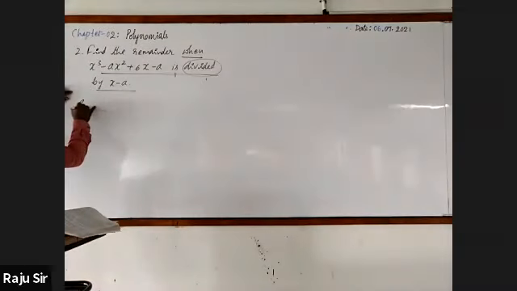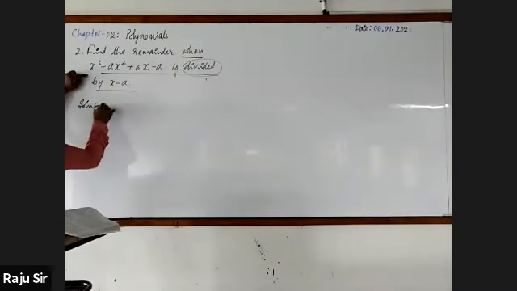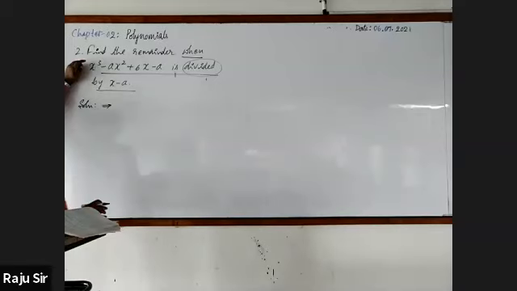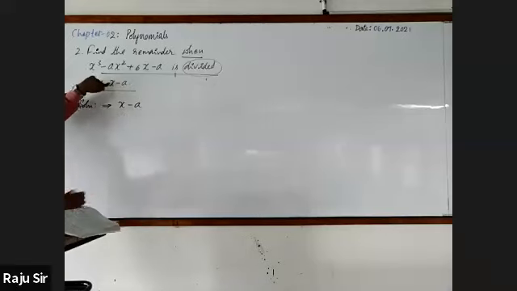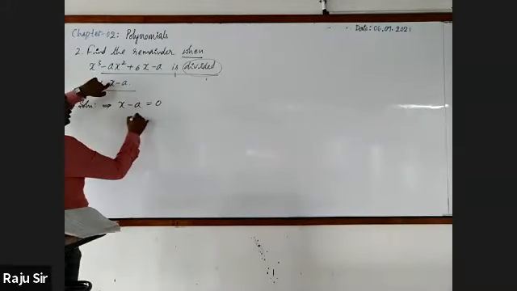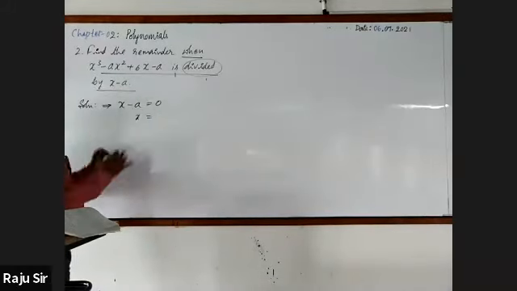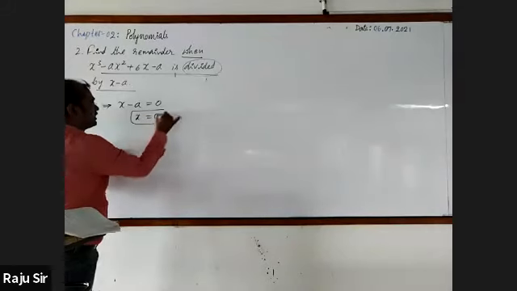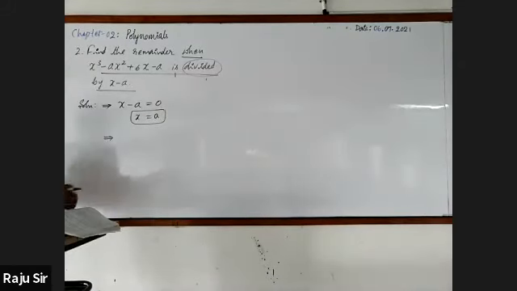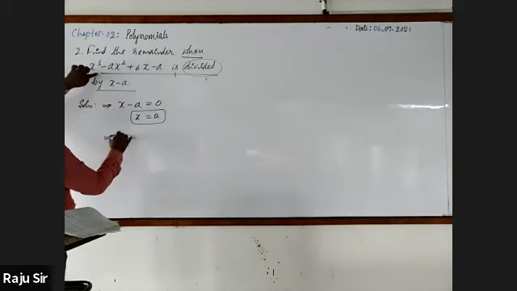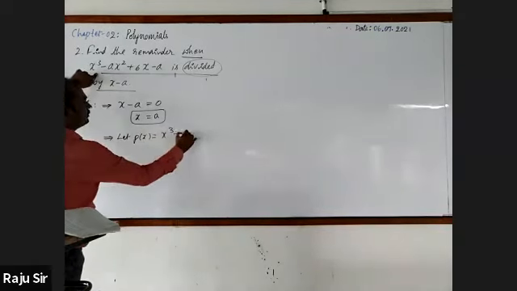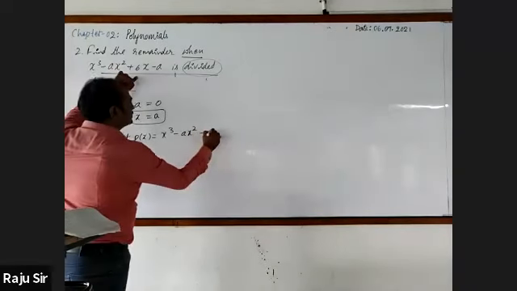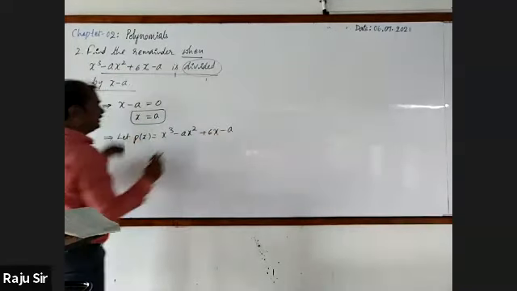Now let's go for finding. It is 5a, sir, answer. Let me write the divisor. It is x minus a is equal to 0. Now transfer minus a to the right hand side. It becomes plus a. Next, take the polynomial. Given polynomial is x cube minus ax square plus 6x minus a.